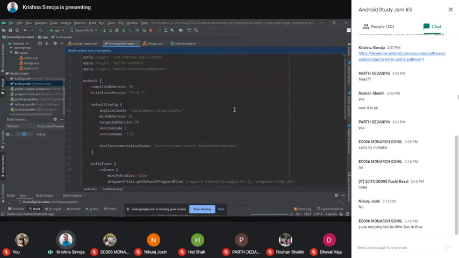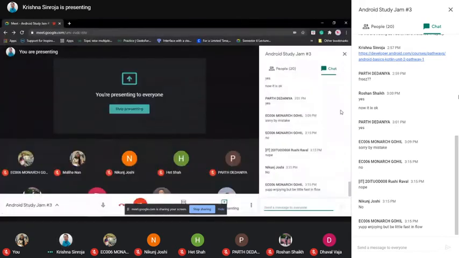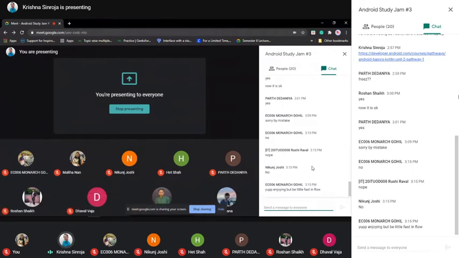So what is Gradle? Does anyone have any idea about it? Okay, yep, enjoying, but be a little faster in the flow. Okay, I will be a little bit faster. Okay,